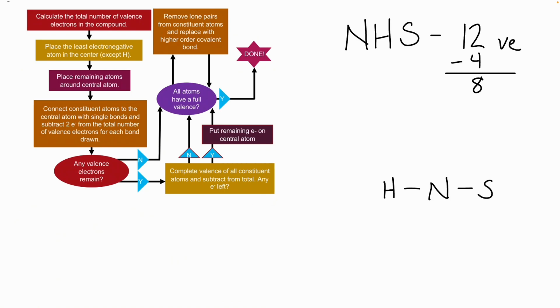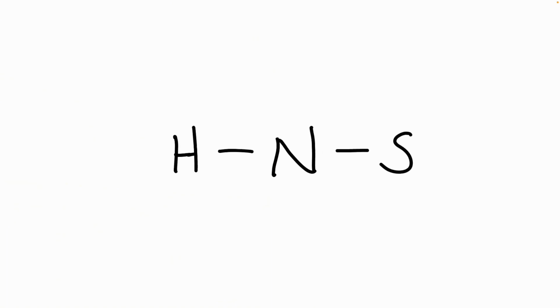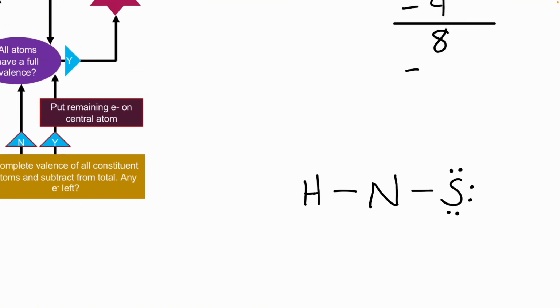All right, so I put my nitrogen in the middle and connected the hydrogen and the sulfur with a single bond. That was a total of 4 electrons that I put down with those covalent bonds. So I got 8 more to go. The first thing I'm going to do with those 8 is to make everybody on the outside happy. So I'm going to make my sulfur happy by adding these 1, 2, 3 lone pairs. That takes me down to 6. That was 6, so that takes me down to 2. Anything left over, I'm going to put